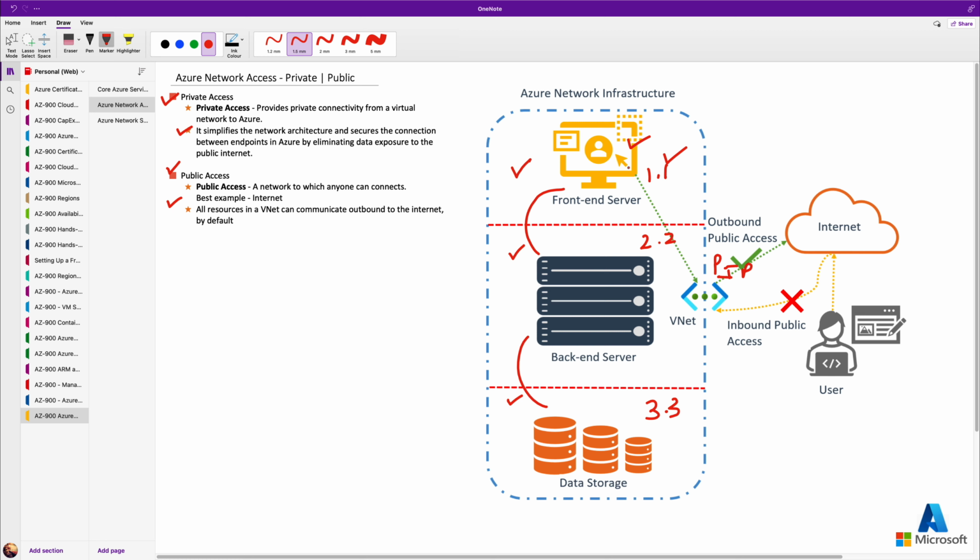Now in this particular picture, you can see that I just said outbound public access and inbound public access. So there are two different things. Right now, this front-end server is responsible to access certain data from the internet. So I just want to make sure that my virtual machine is able to access the internet. Only that scenario I'm currently thinking of from this web server. So yes, what I need to do is configure an outbound public access through which I can be